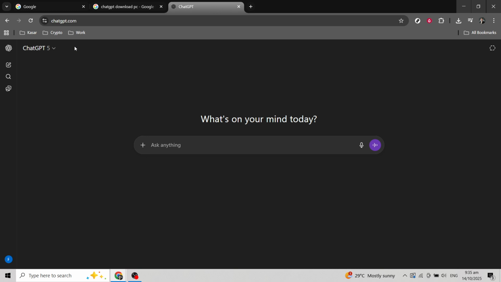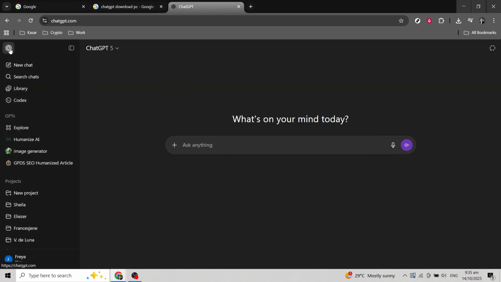And there you have it. You've successfully hidden ChatGPT's sidebar. Should you want to bring it back, you can simply repeat this last step and click to reveal it again. This toggle feature gives you the flexibility to customize your browsing and interaction with the AI in a way that